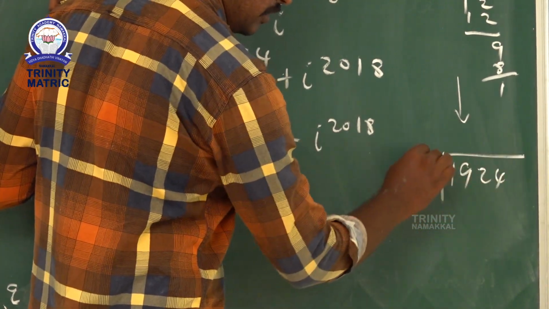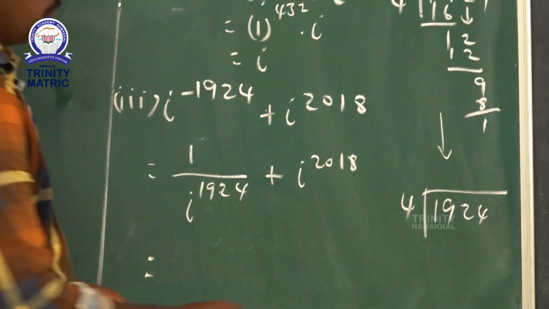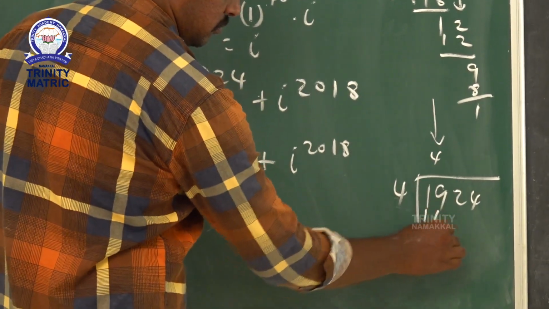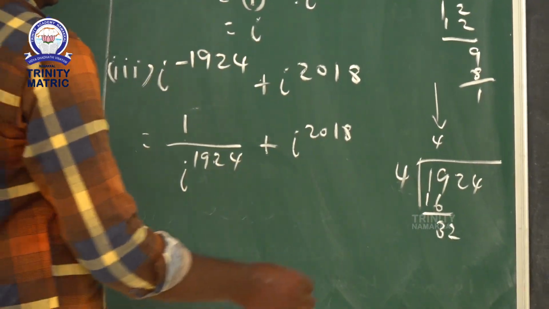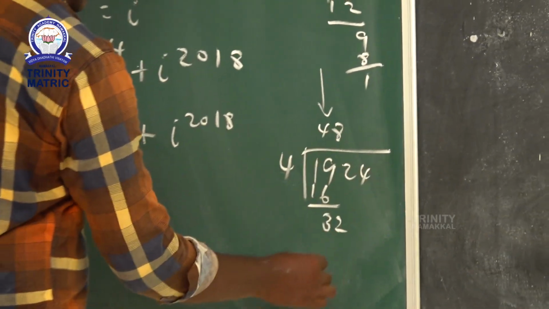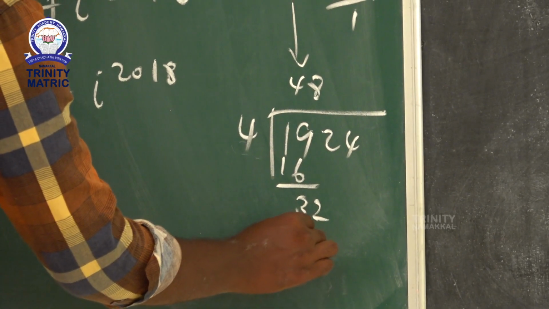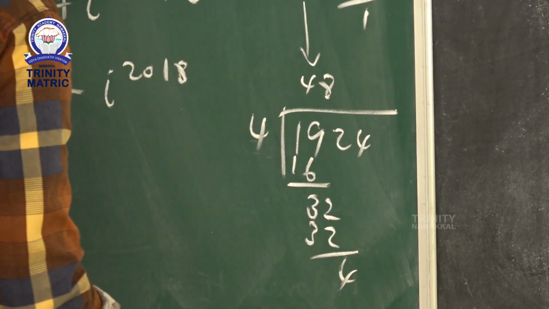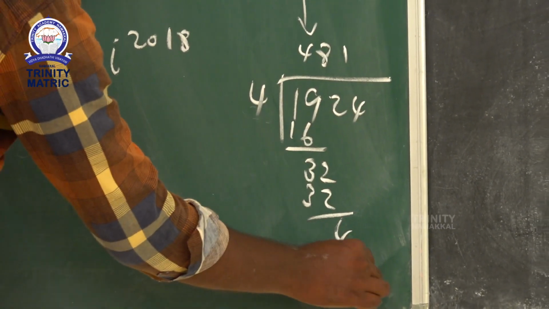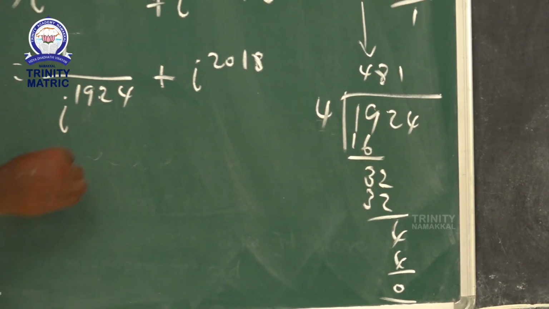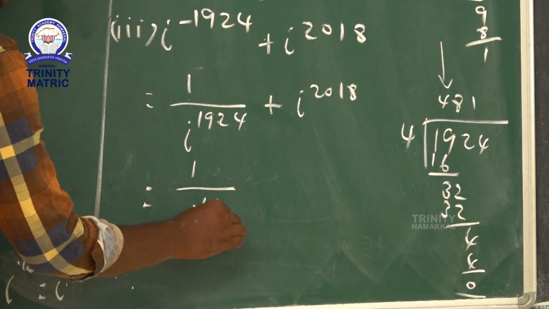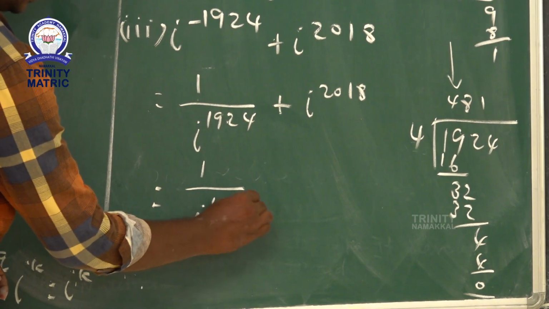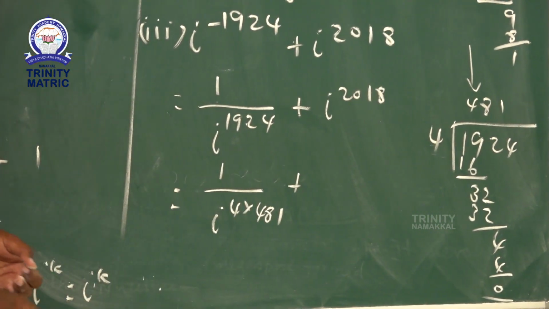1924 can be divided by 4. Here 4 4s are 16, remainder 3, take 2, and then 4 2s are 8, 4 8s are 32, and then remainder is 4, again 1 4s are 4, the remainder is 0. So here 1 by i power 4 into 481 plus